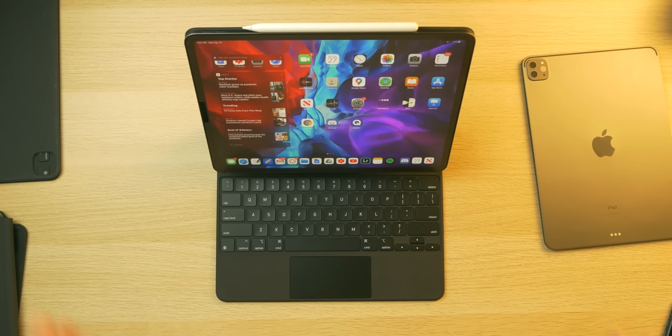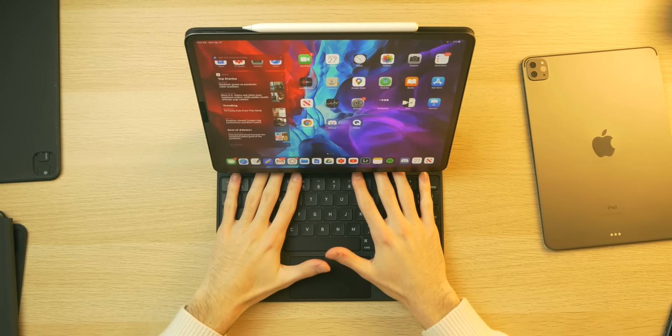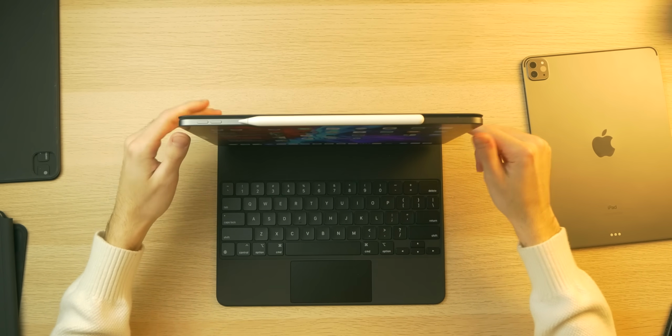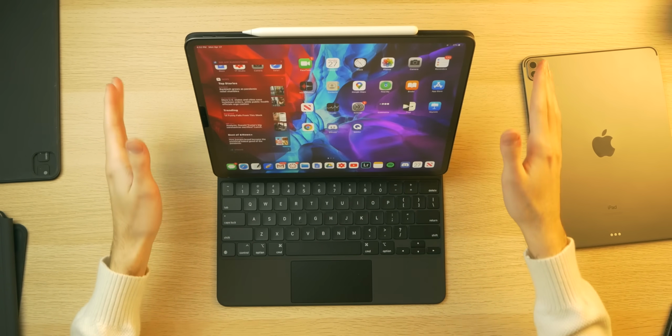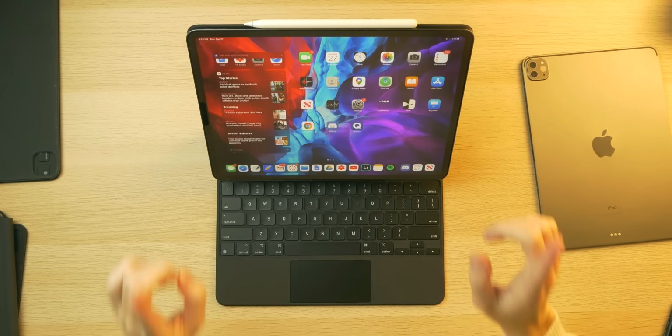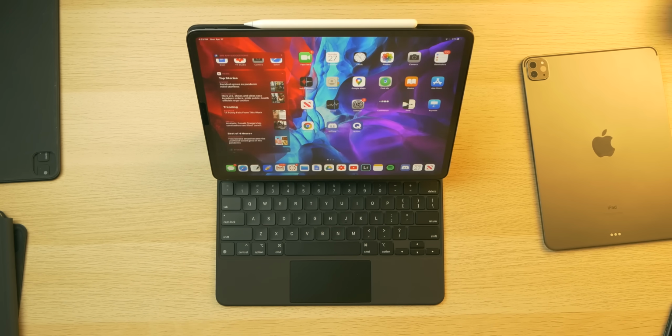And as for the floating aspect, it's cool, definitely. I think that it makes the keyboard bigger, like it gave Apple more options and it feels more spacious, so that's nice. And it also has a lot of rigidity, right? You could have your iPad at all these angles, and it doesn't feel fragile or like it's gonna flop over. But one thing I'm not enjoying is the fact that this iPad case doesn't really accommodate handwriting notes,